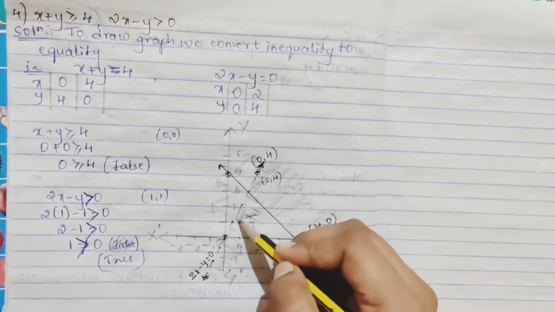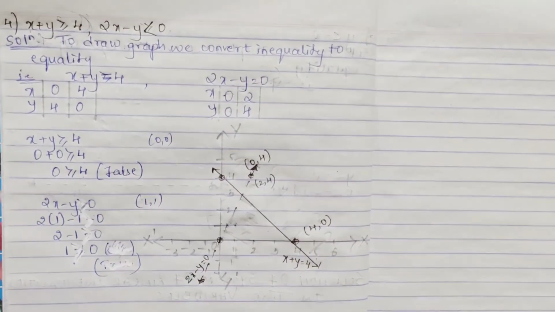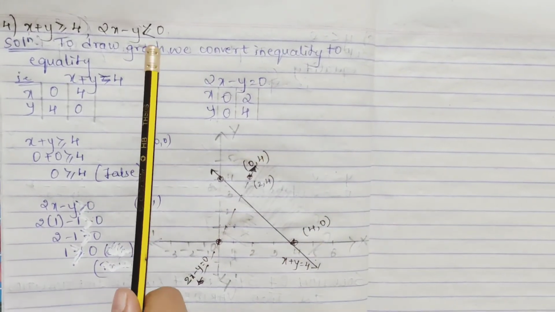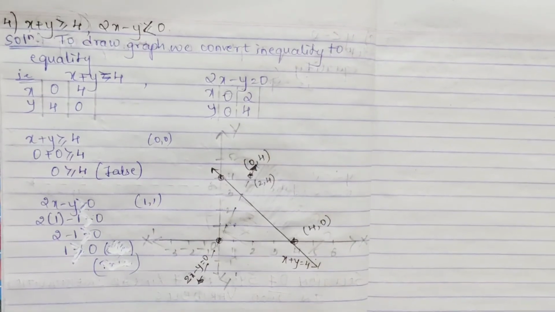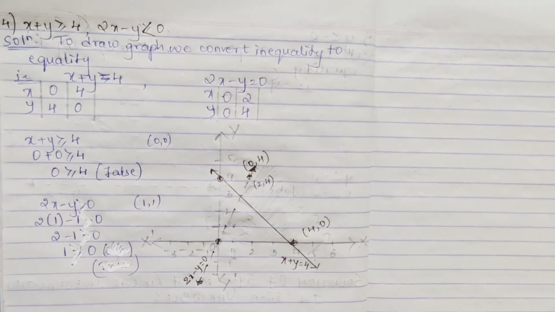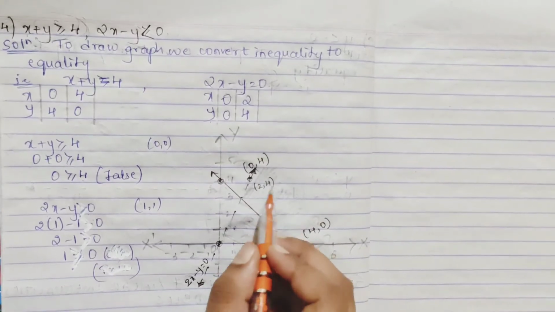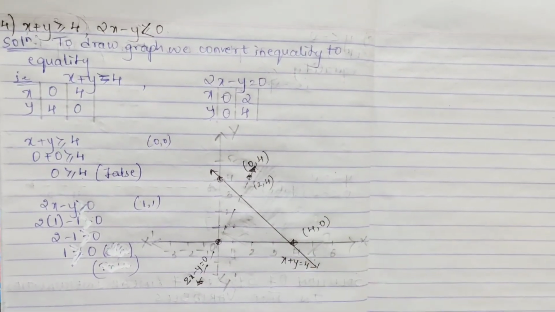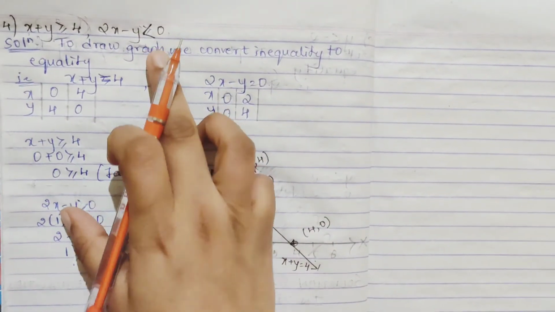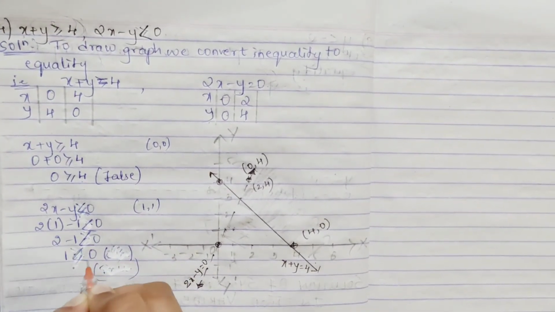Because this line is this. Yeah, we will do better, we will change this question. So technically you can see you'll get this portion, right? I've changed the sign for the same question. If I change the sign, will I get the same or different? We'll just see. Because here, if I get only this line, this will be a shaded portion and this will be a shaded portion, so we don't get it properly. We'll just take less than. Only here it changes, right? So 1 is less than 0, this is false, obviously.